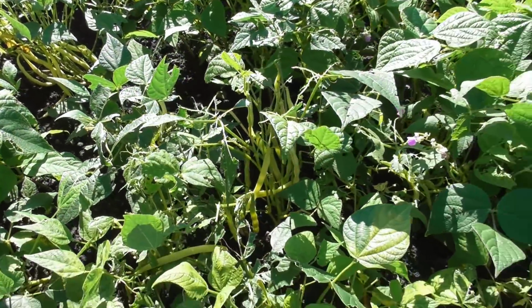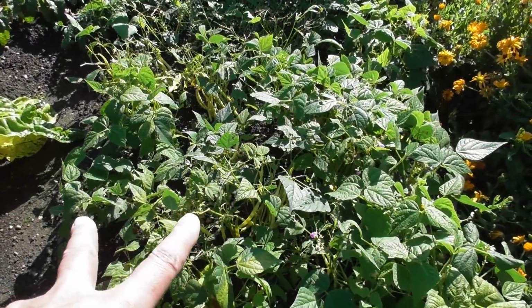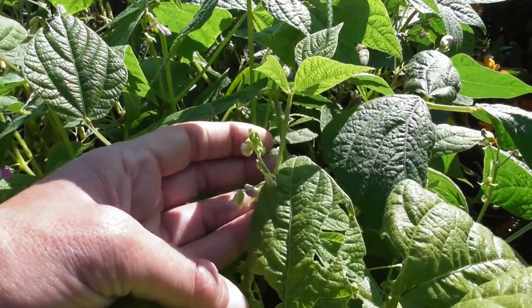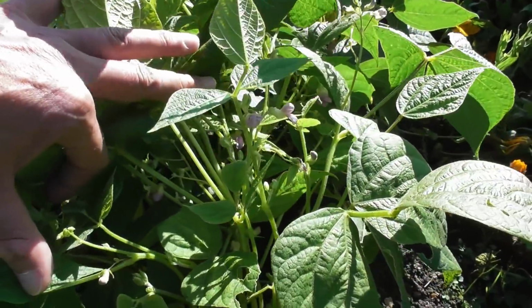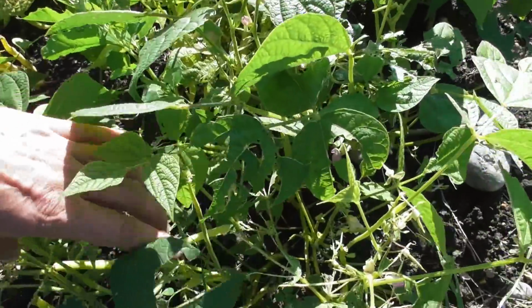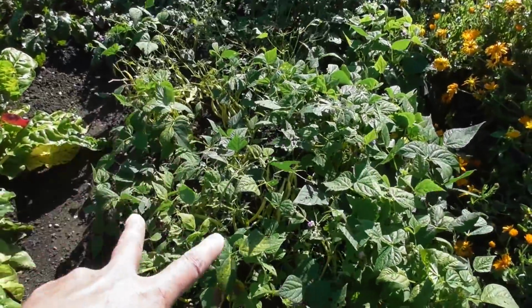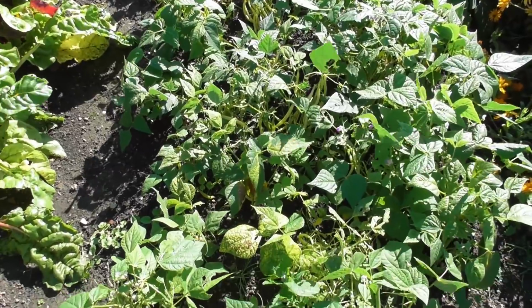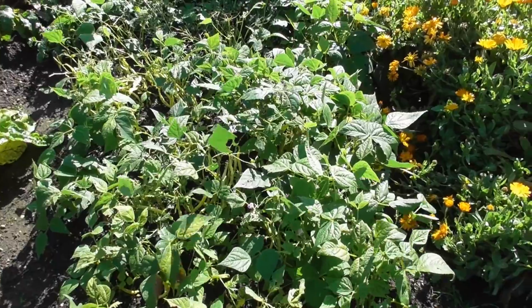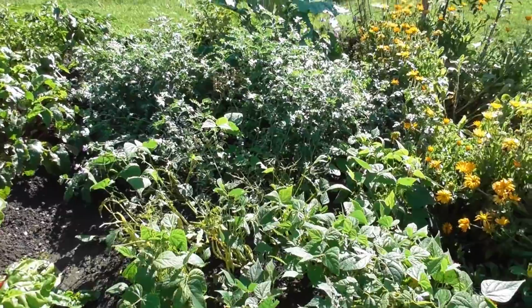So there's a nice harvest to come from these two rows, and then these two rows, well, you can see flowers. They are the beans to come. So it'll be nice to have a succession, and what I can do is think of these two rows for eating fresh over the next few weeks or so. Think of these two rows for storing, freezing. Chickpeas, wow, the chickpeas have been...